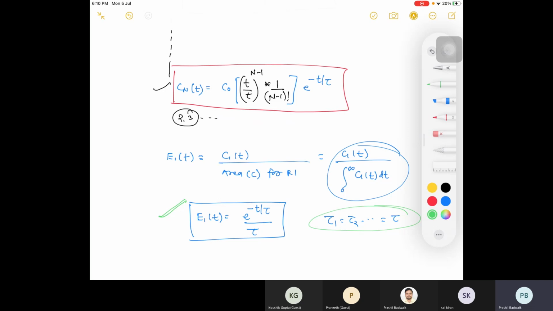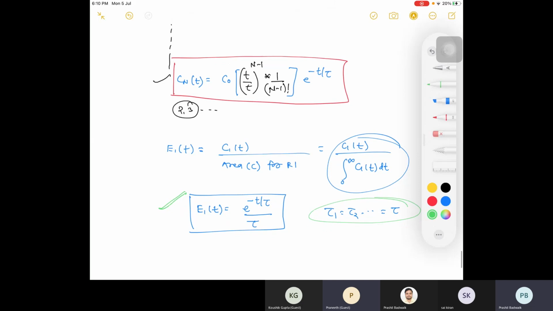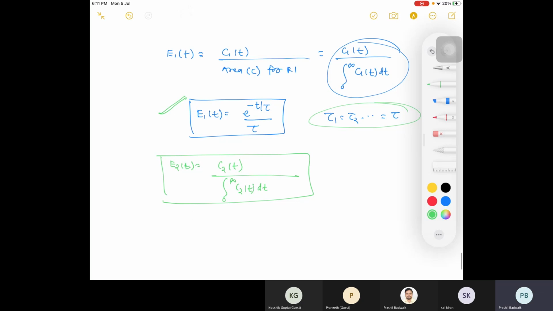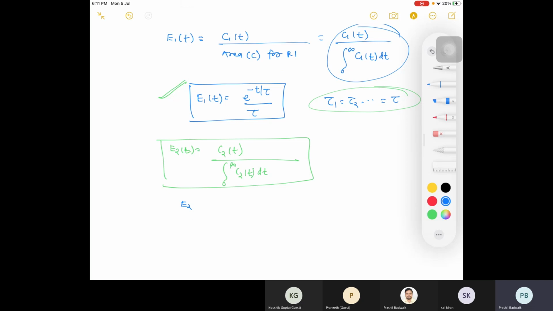Have you got this equation in previous classes? Yes, sir. The E(t) curve. So if you do such things, suppose you find E2(t), you will have C2(t). You know what C2(t) is using the previous equation. Then the area under C2(t) dt, right? So this will be your E2. So you get this kind of equation. For n, you write for second, and I'll write for n. Your E2(t) is t by tau square e to the power minus t by tau. This equation you'll get for E2.